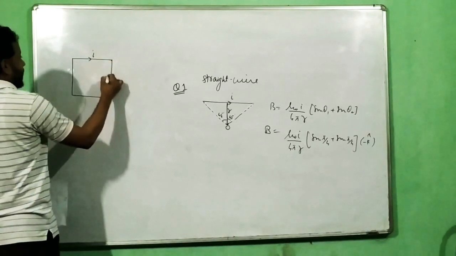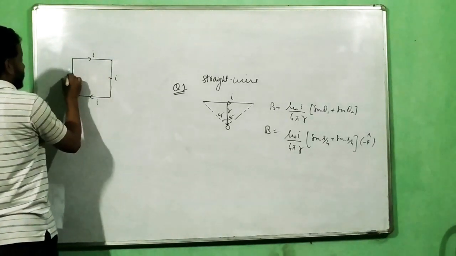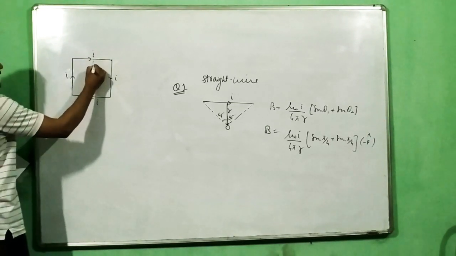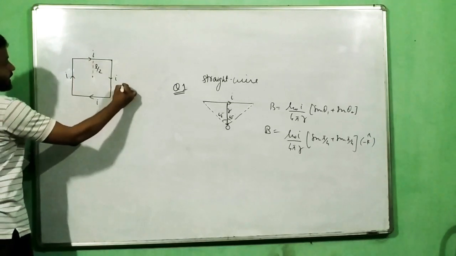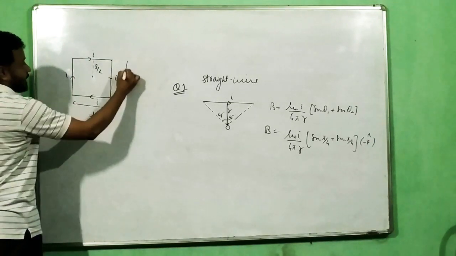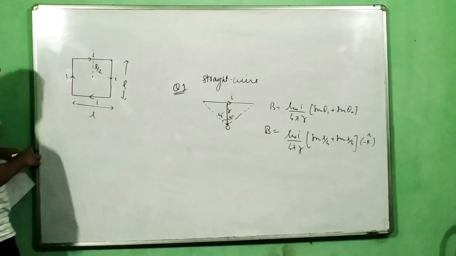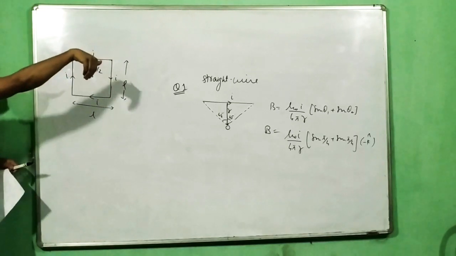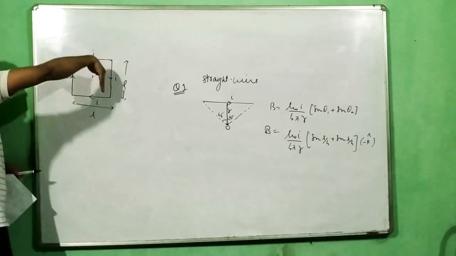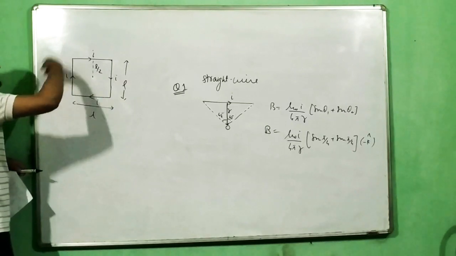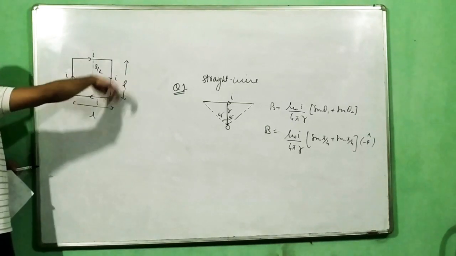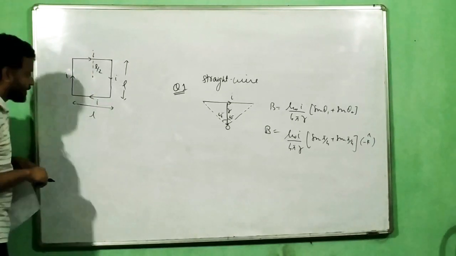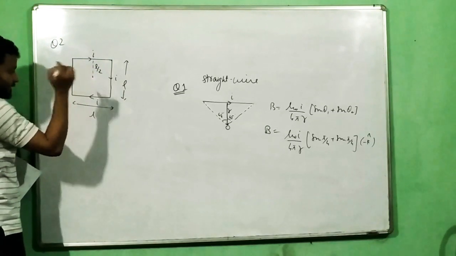Here, this is my current I, this is current I, this is current I, this is current I. Now, if I consider this part, I have to find the field at this particular point. Let us say this is L by 2, because the side length is given to you as L, so this distance becomes L by 2. Because of this wire, field will be inside, or you can just do I dl cross R, inside. Or just consider there is a clockwise loop. If it is clockwise, field will be inside. Okay, that is enough for you to understand. So this is question number 2. So field here is inside, keep that in mind.